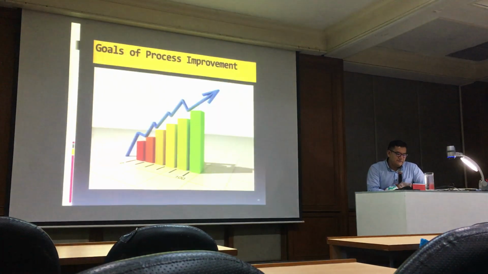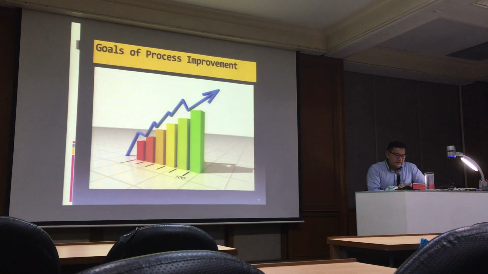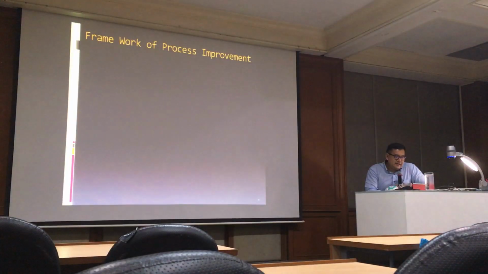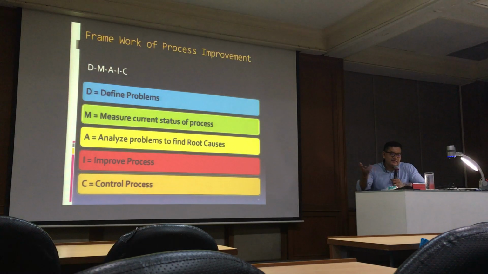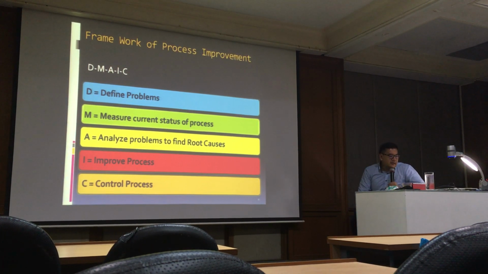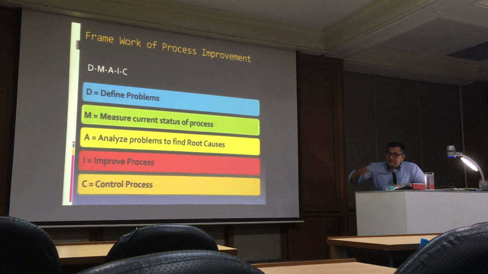So this is the first way. Generally, this is the goal of process improvement. We want to increase productivity, enhance effectiveness and efficiency, reduce the cost per unit, reduce time, and increase customer satisfaction. Finally, the framework that you can use is DMAIC. We're going to talk about each of them later. Okay, so when you come back, we're going to go through each framework, and then we're going to see how we can